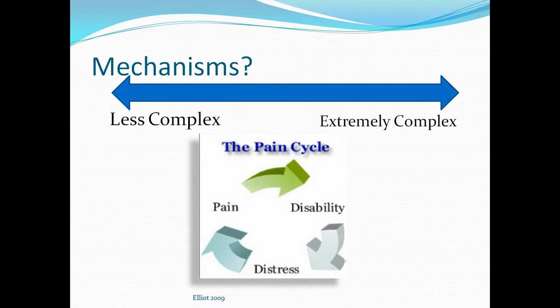So as we've mentioned, whiplash presents along a spectrum from less complex to extremely complex. According to Elliott et al. in 2009, there are often instances where the same force and direction of impact can result in 2 very different presentations. This indicates that it's not necessarily the level of soft tissue damage that determines the severity or complexity of pain. Because of this, we have had to shift our focus of evaluation and management of patients with whiplash-associated disorders